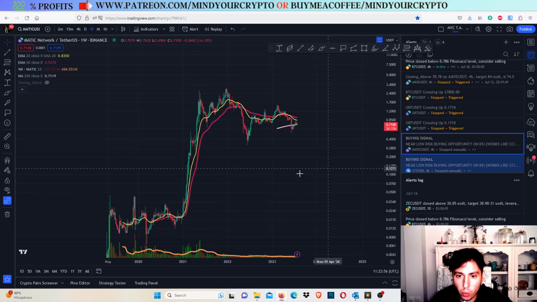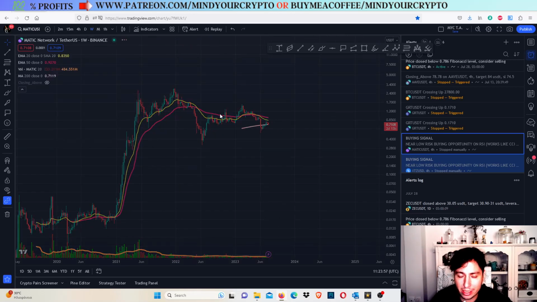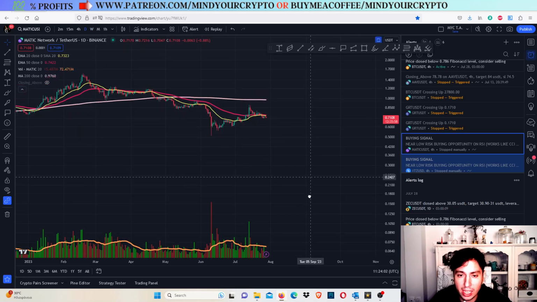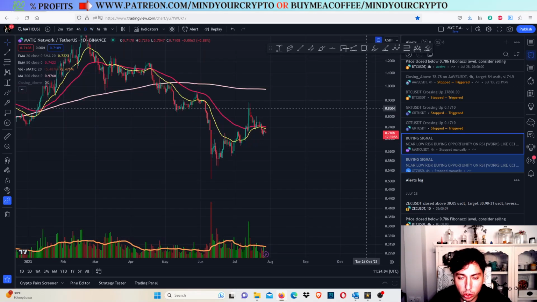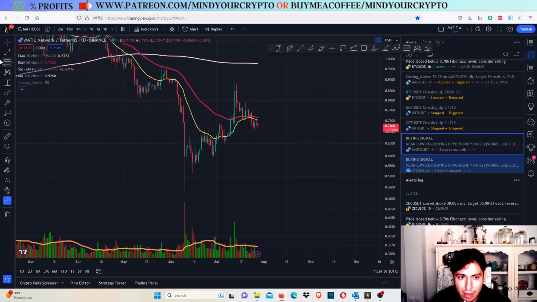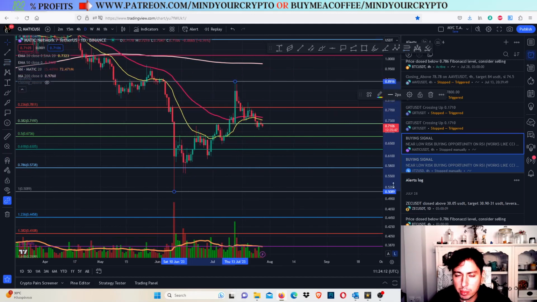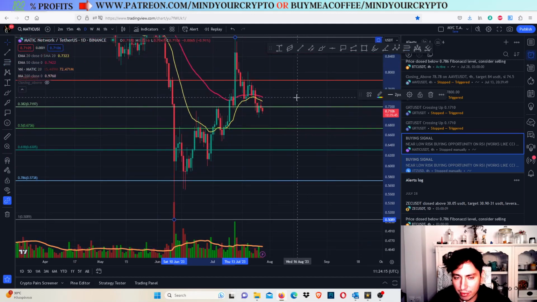Right now though, what we want to do here on Mind Your Crypto is the exact price targets for the short term. Okay, so what I'm going to do is go into the daily frame and draw the Fibonacci from the bottom to the top. Now, why am I doing that? Because I want to find major support levels.